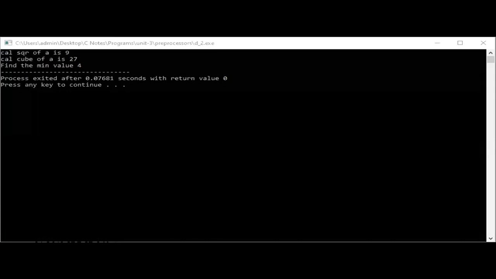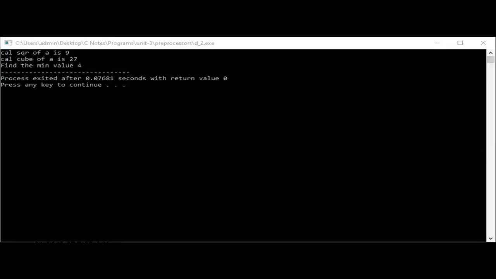That macro returns one of the values as output to our program. We are passing two arguments, 10 and 4, and the min macro must decide which is the minimum value. Here 4 is the minimum value that will be printed in our output.